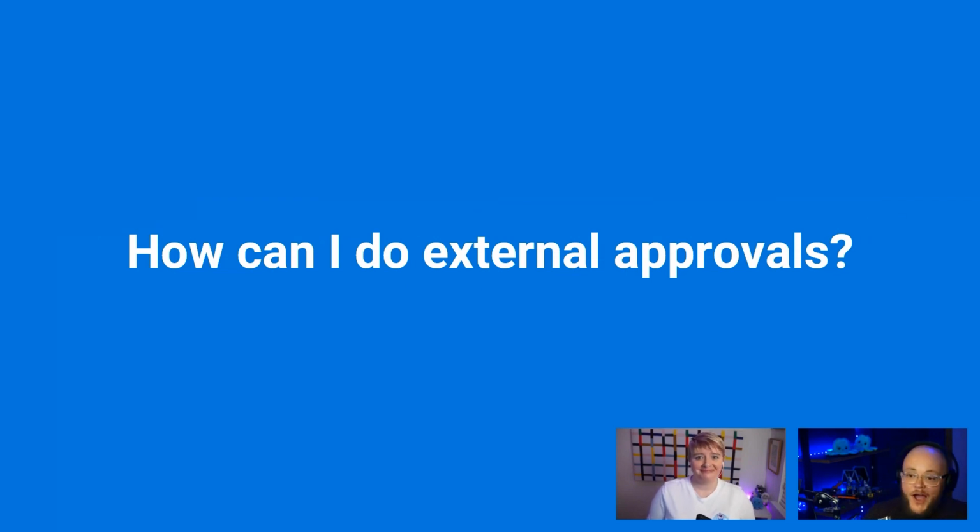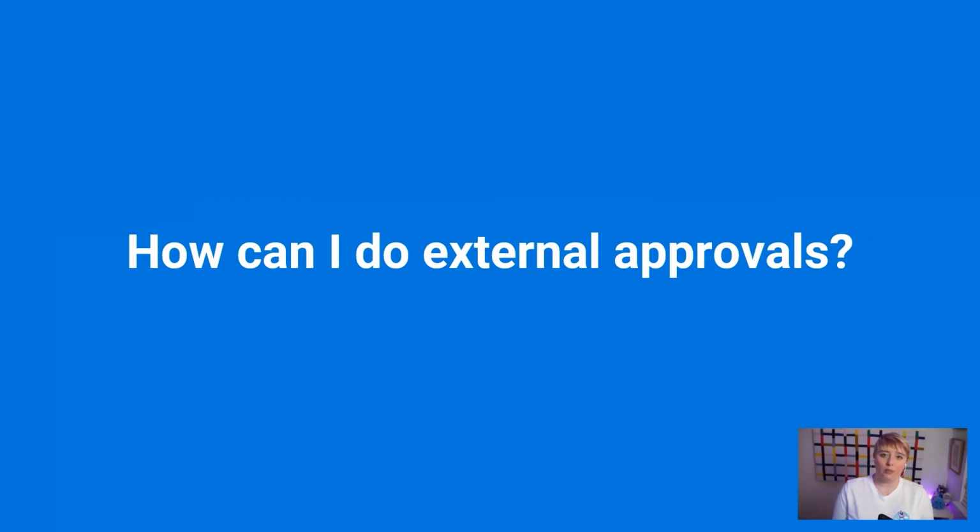Yes. So how can I do external approvals? Yes, so you might want to send the approval for, say, the production deployment out to someone who maybe doesn't sit inside your Octopus environment every day. So you can send off that approval to something like Slack or Microsoft Teams as an example, and they'll get a wee notification inside their environment, and they'll just click on it and it'll approve that deployment for you. Equally, I know Derek has used things like pushing approvals off to emails and things like that. So yeah, there are options where you can actually push that approval to another platform that someone can use and do that approval as well.